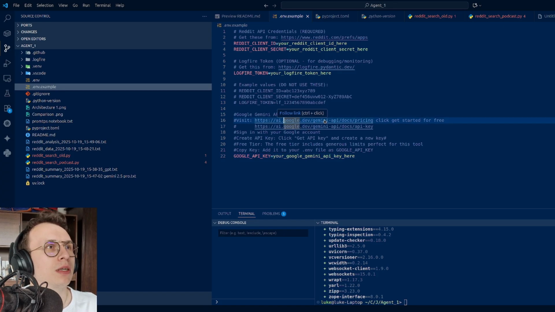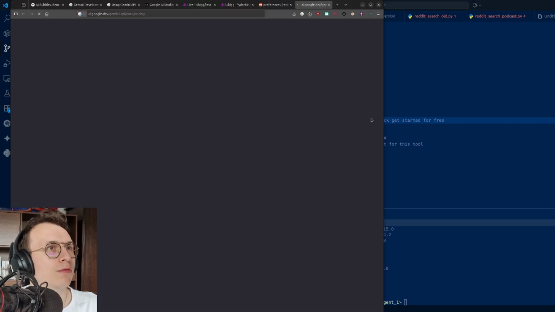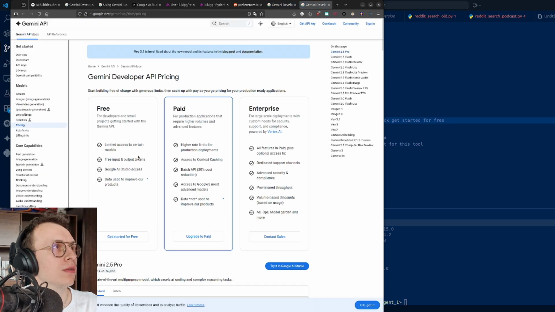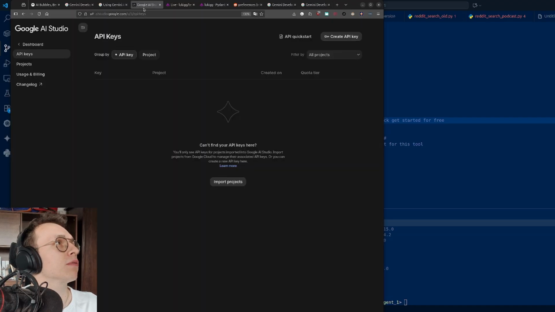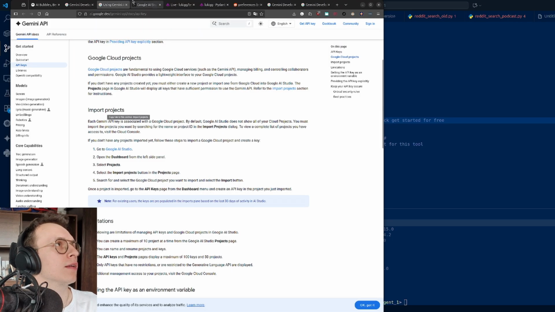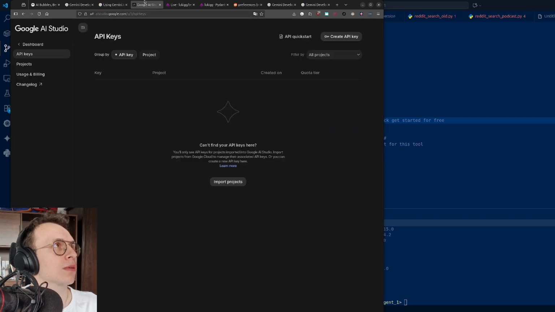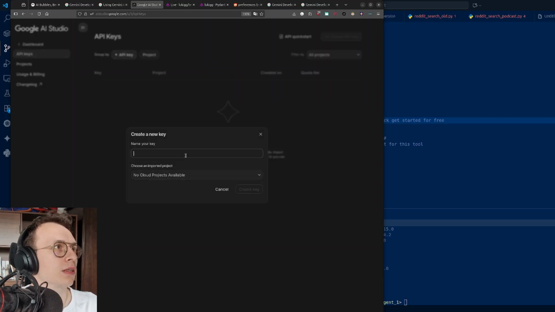So we also will use a Google Gemini API key. Why? Because if we go here, we have a free tier that we could use to get started. Basically, we will go through this link. Here is also documentation that is linked, and we can just get our API key. Maybe let's do it quickly.